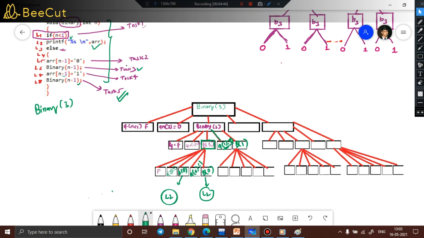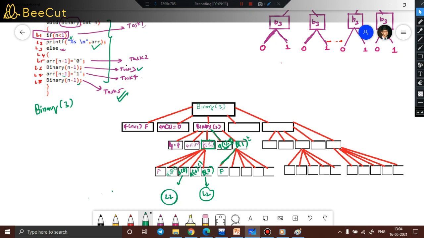I hope you are understanding how the recursive calls are being generated. Because of shortage of space, things are quite jumbled up, but I hope you are getting the intuition of what is actually happening. Now since again there is a recursive call where the value of n is 1, I will again expand its branches, and the first task inside this call will be to execute line 1. Line 1 will give false. Why? Because line 1 says if n less than 1, but here n is equal to 1, so it will be false.